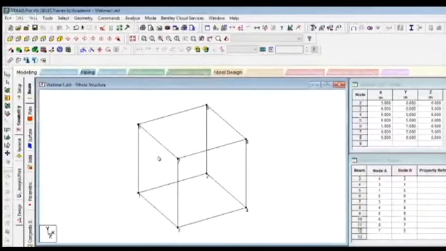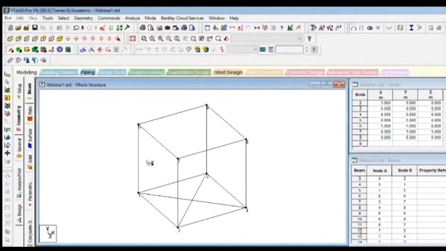Since your cube is created, now we'll add some diagonals in the cube. Firstly, we'll add the diagonal in the bottom face of the cube. For that, again go to add beam, put diagonal from node 1 to node 4, then node 2 to node 3. But can you see a node at the intersection? Not, right?